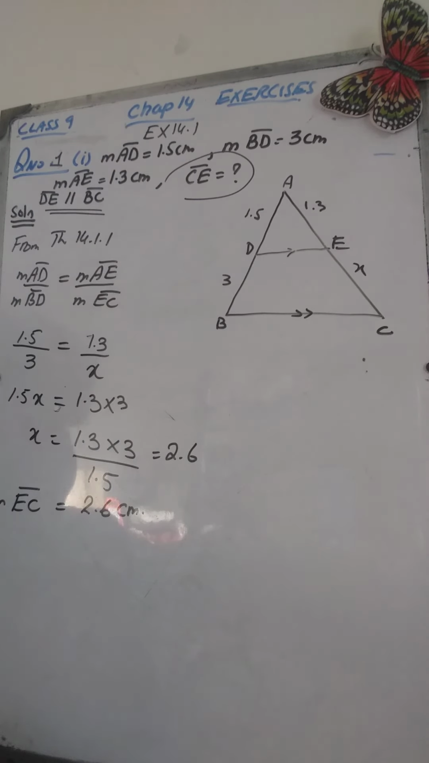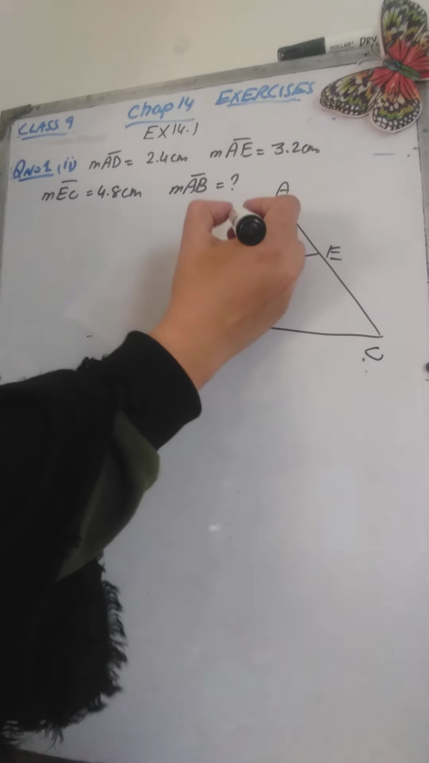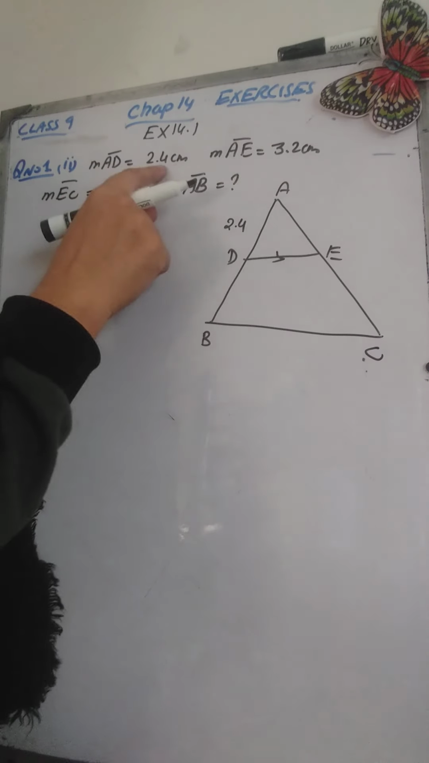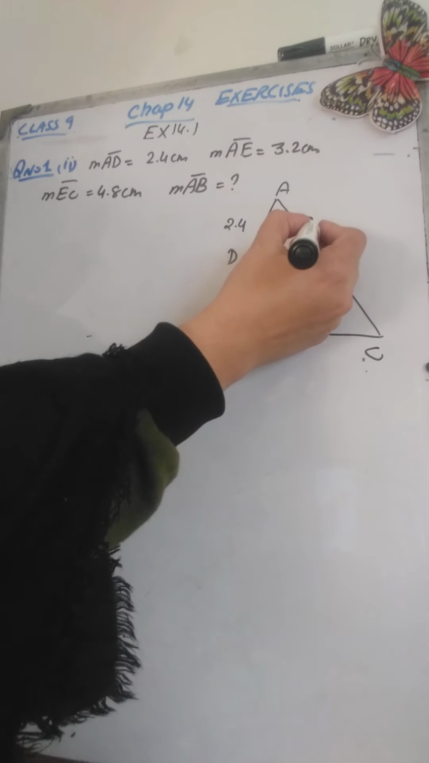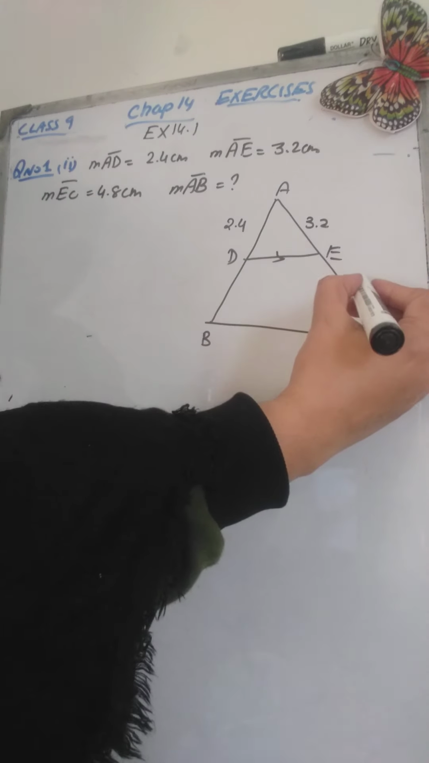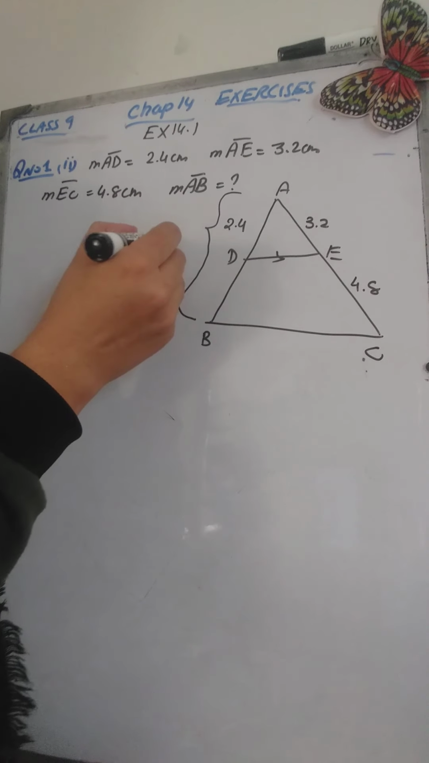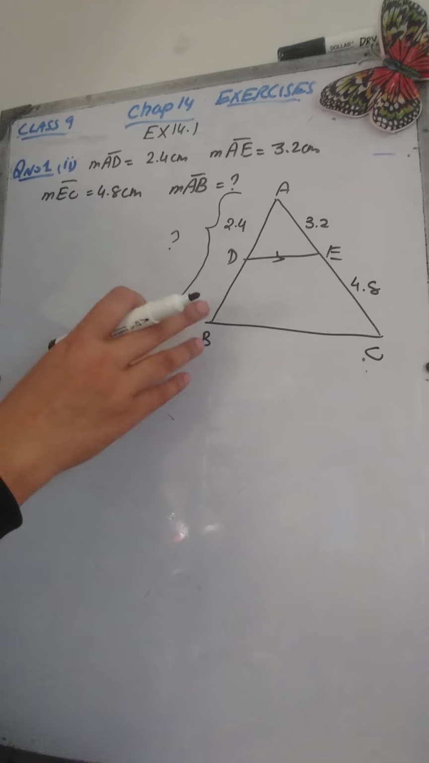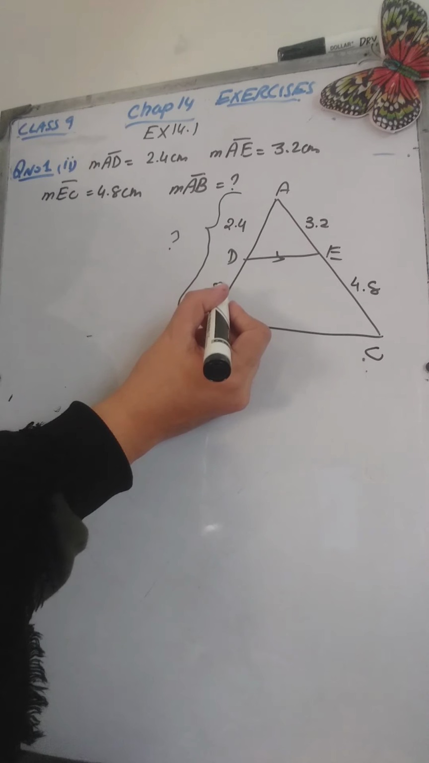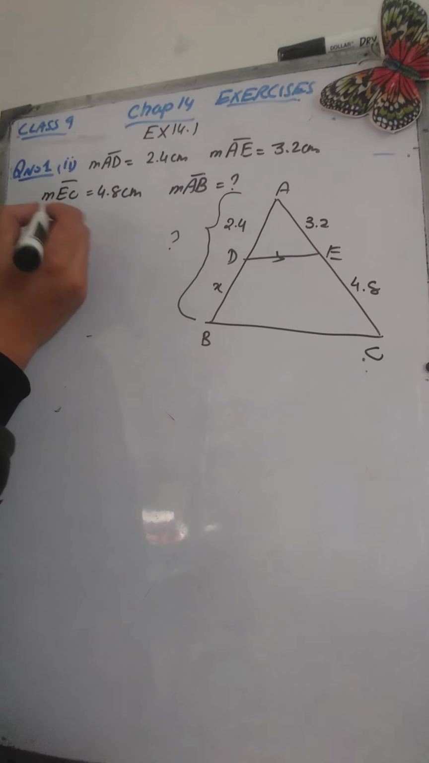Now let's start the second part of this question. In the second part, measurement of AD is equal to 2.4, measurement of AE is equal to 3.2, and measurement of EC equals 4.8, and they have asked for the measurement of AB. So we are going to use the same ratio. We are going to find BD, and after finding this we are going to add these two to get AB. So first of all, by using the same theorem,